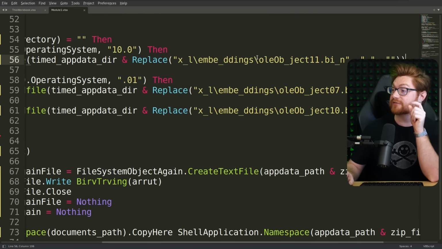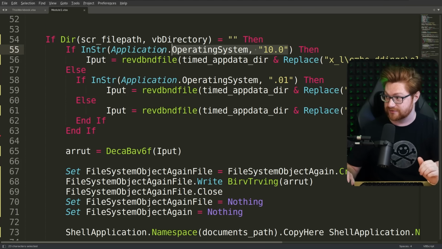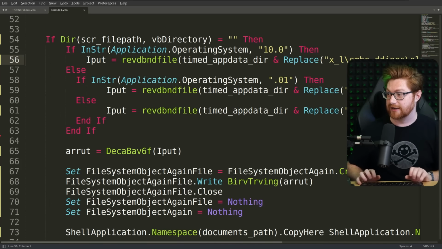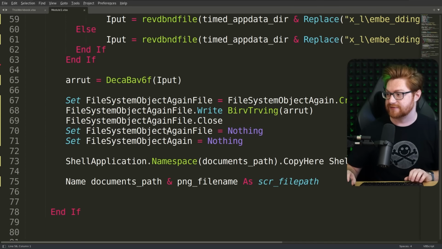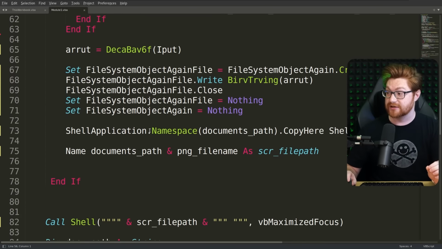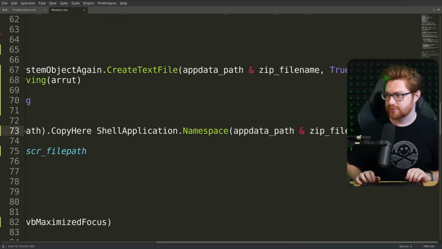Oh, so each of these must be the payload depending on the operating system here, depending on the version. So ultimately, whatever we're going to end up seeing next from these embedded files is probably going to be what it actually fires off, right? And that's why we saw a copy action being performed when we ran this ourselves, because it was literally copying some contents here. But this is neat because it writes that, closes it, deinitializes those objects, uses the shell application